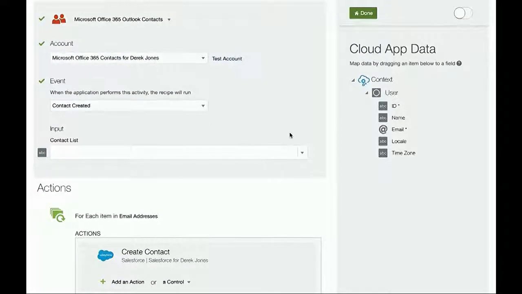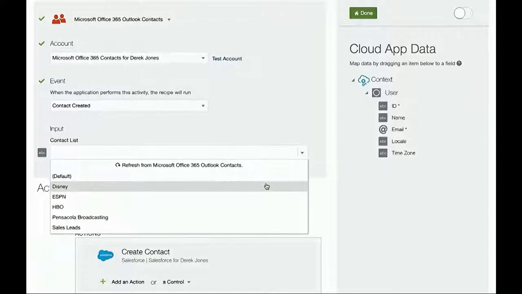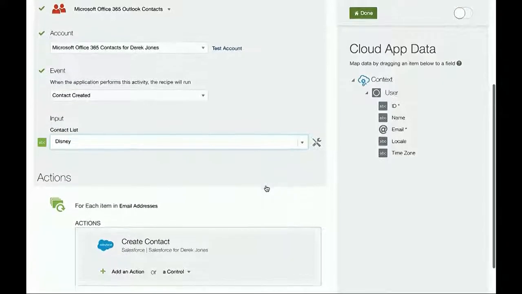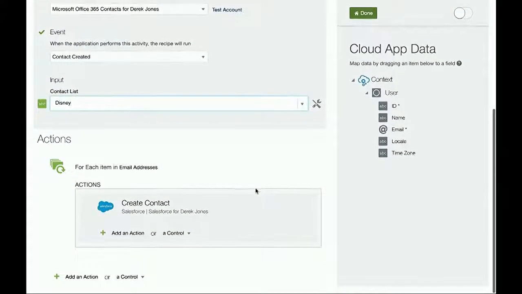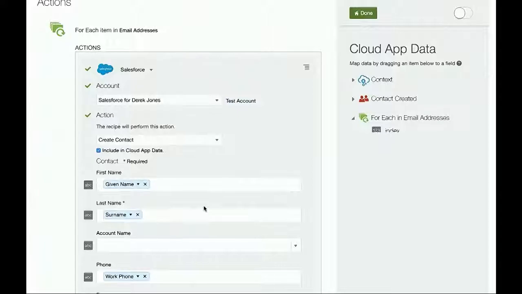So, for example, contact created as an event. When the application performs this activity, the recipe runs. I can do a live sync with my Microsoft Office to look at the contact list and pick up the one I want to use. So in this case, I want to use Disney as an example. And once I select that, and if the trigger happens, I can go and configure the action to write that